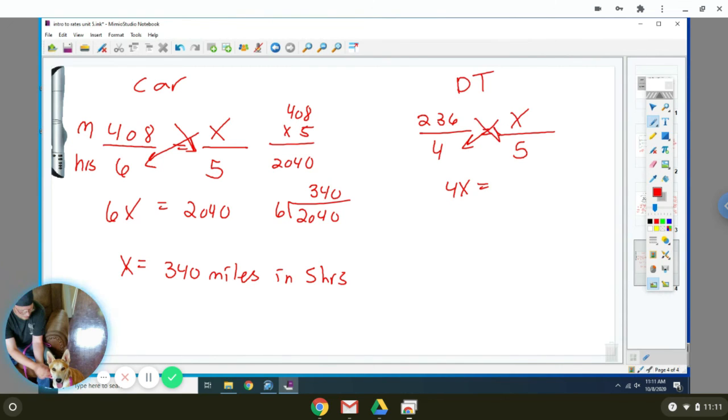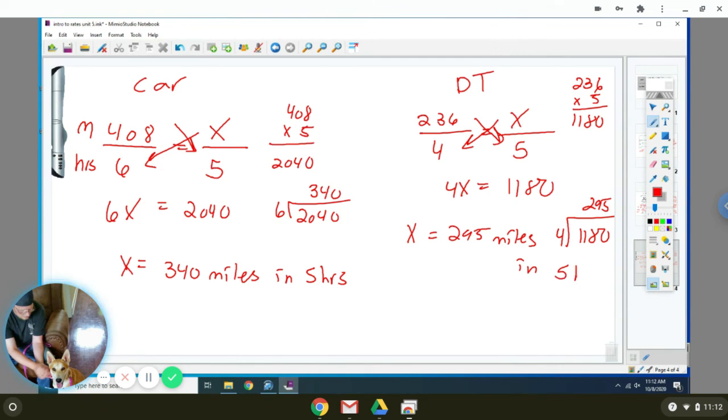So we're going to do 236 times 5, which is 1,180. And then you're going to divide 4 into 1,180. And you get exactly 295. So it means the dump truck goes 295 miles